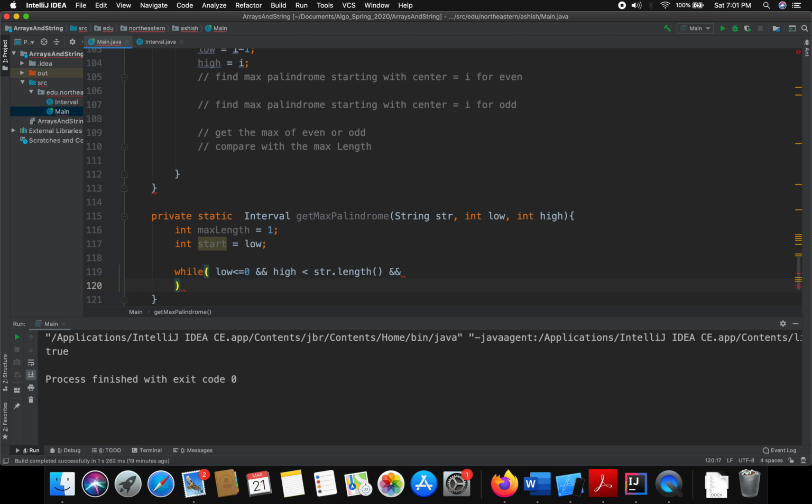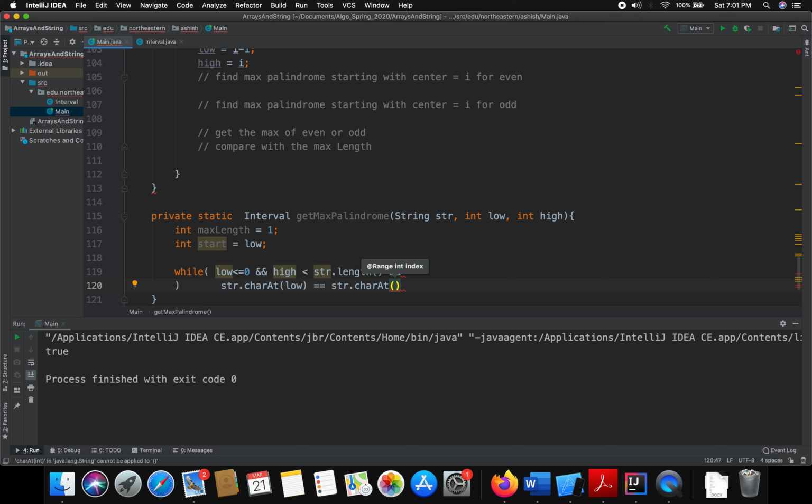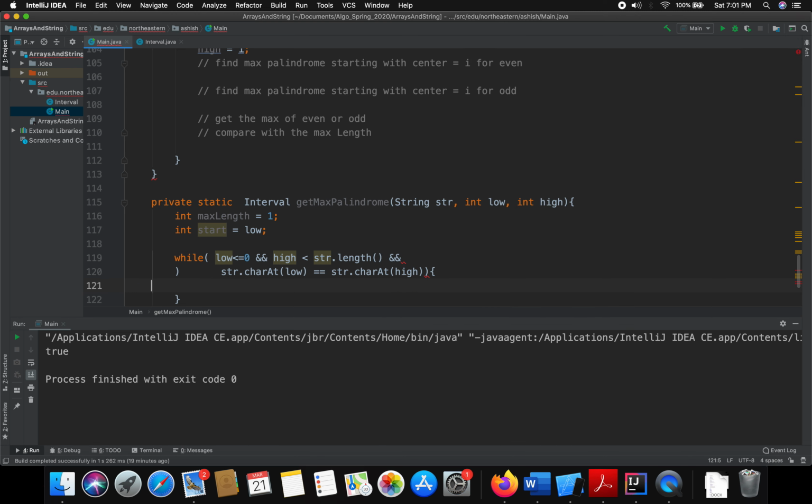So we'll say and str dot character at index of low is equal to str dot character at index of high. So if these two things are matching,